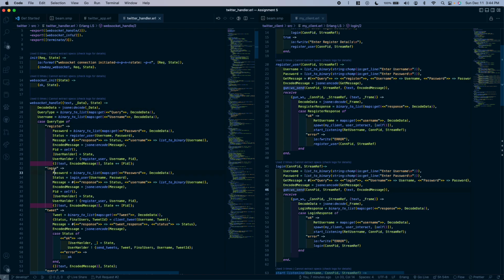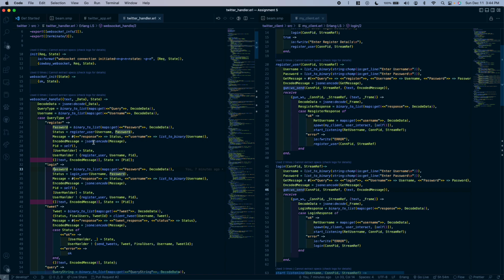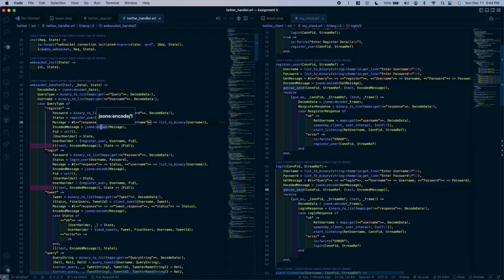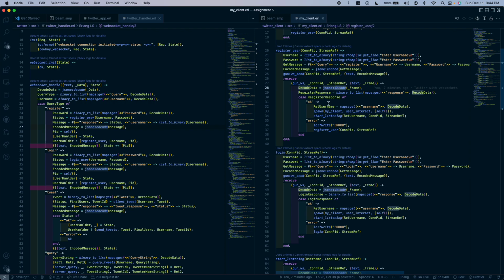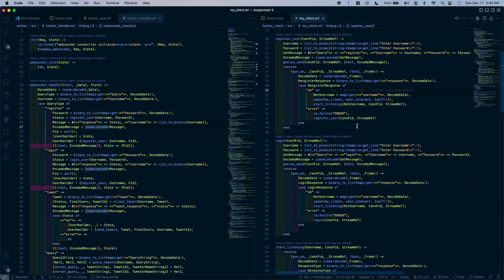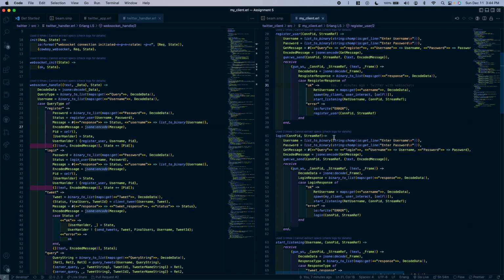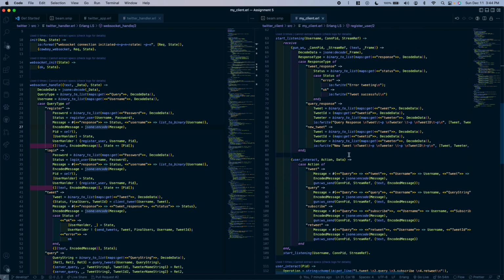If it is register, it sends back a JSON reply with the response, either OK or error, and the username. This is again encoded, sent across. The client will then decode it, and if the response is OK, the user is registered or logged in. If it's error, we will try again. Finally, for the client,